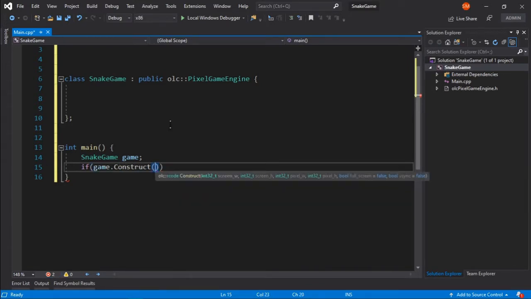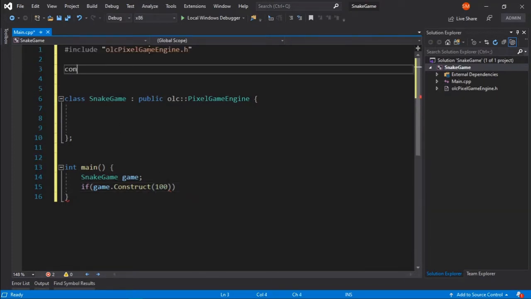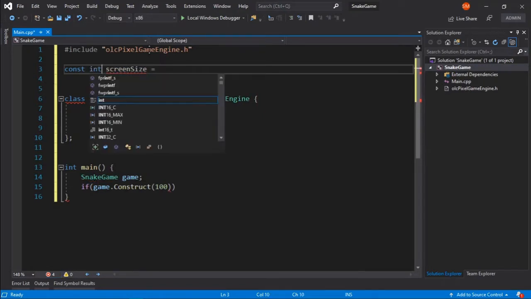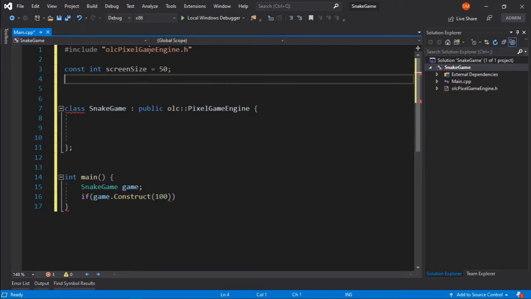and here I think I will have a screen width and screen height. So I will just say const int screen size of, let's say, 50 blocks, and I will have pixel size of, let's say, 2 blocks.